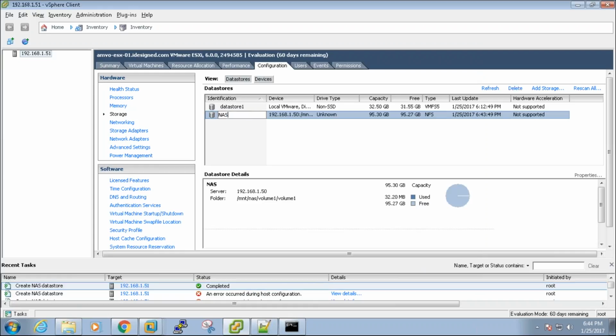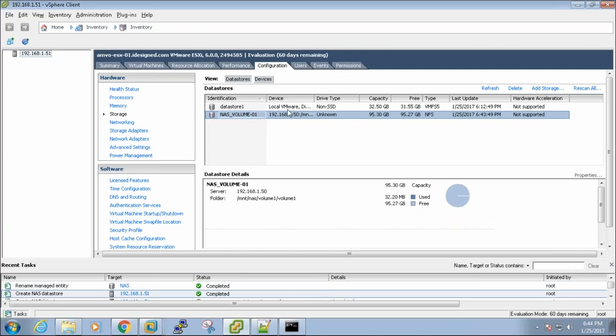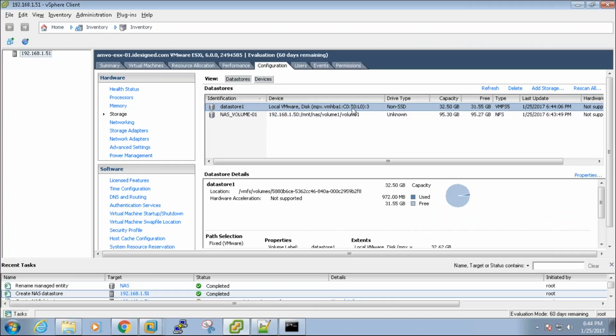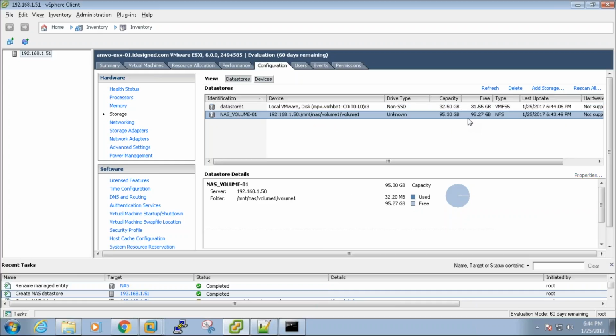This label can be anything and you can change it any time, but you cannot change the path. So if you see here, now we have got two hard disks. One is a local hard disk that is of 32 GB, whatever is left after the ESX installation. The other is the 100 GB capacity, which is a NAS storage. Now if you wanted to store any kind of information, any virtual machine or virtual machine hard disk, you can choose to put that on either of these two virtual storage devices, that is your local VMFS data store or your NFS data store.